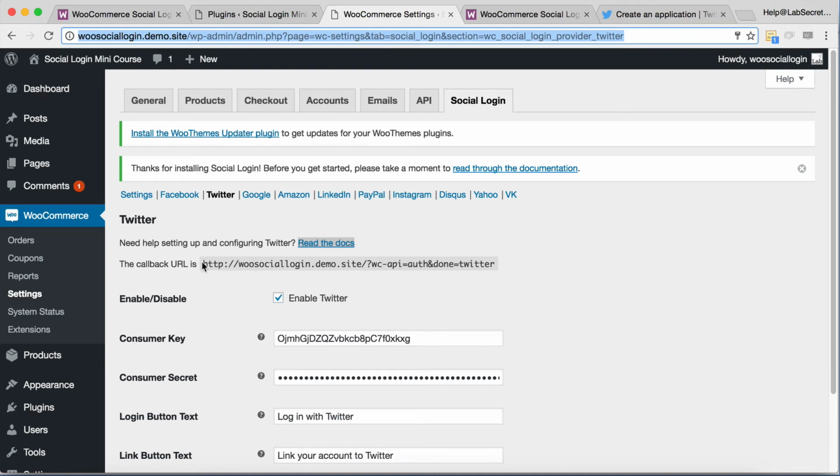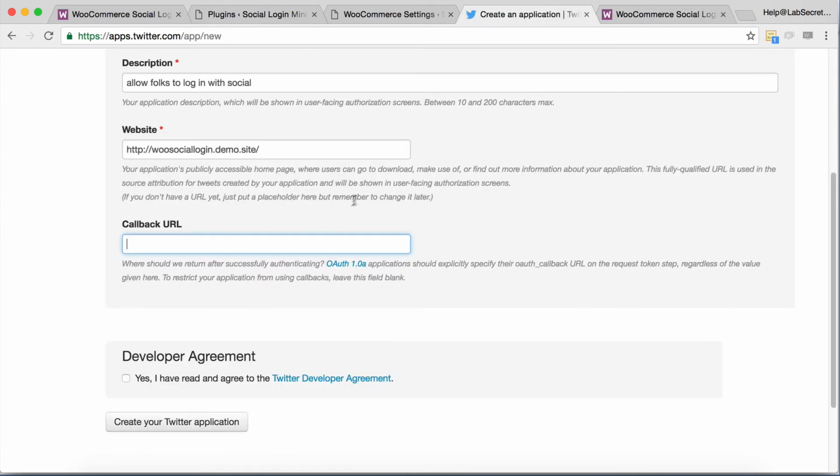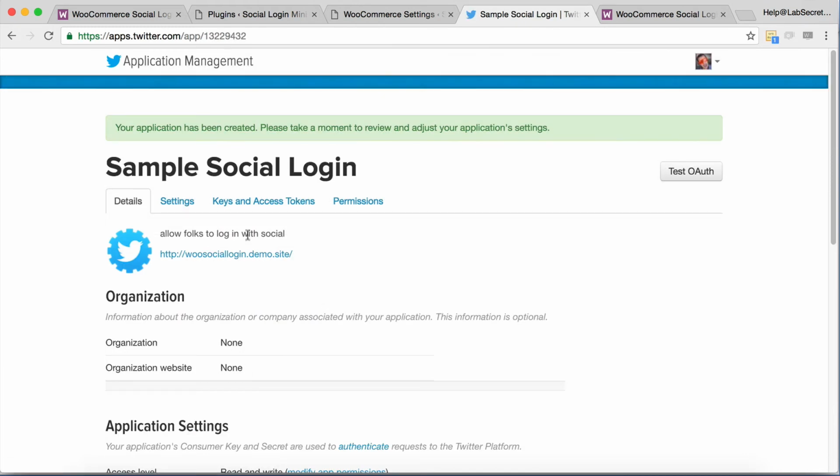So you need to grab this URL here. And this is how it's going to talk back and forth with Twitter. Let me move that so I don't do that again. Okay, and then finally say, yes, I've read the developer's agreement. Create the application. And now when you have that, you're going to go to the keys and access tokens area,